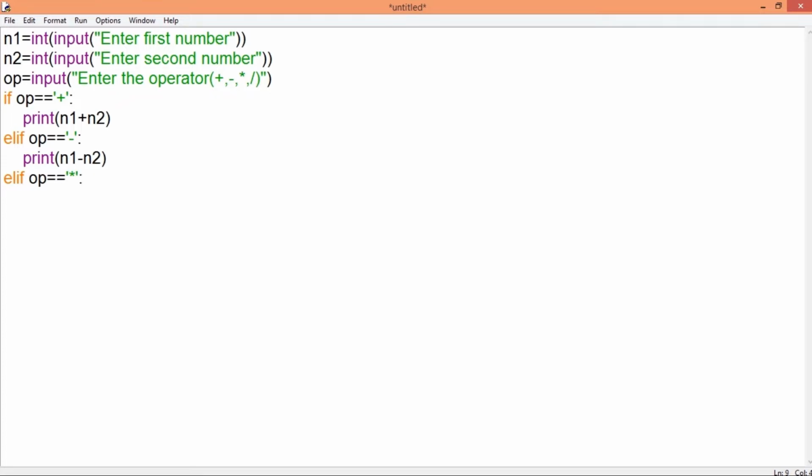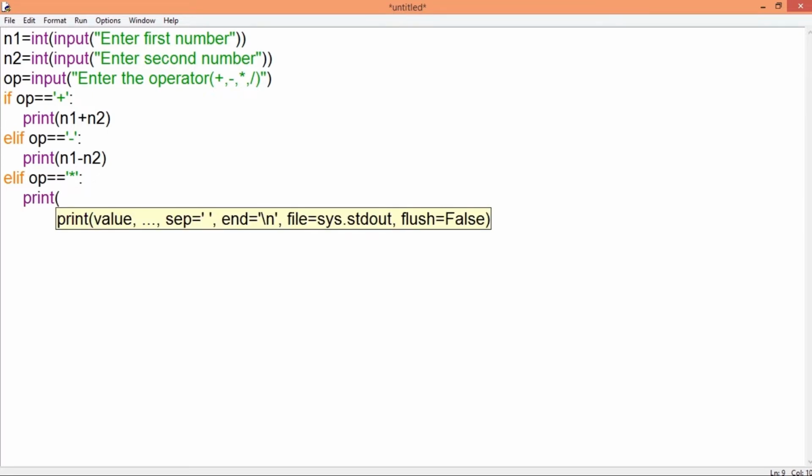You can see that we have various conditions because the choices which are given to the user are more than 2. So there can be any operator given by the user, and we are performing those tasks with the help of elif statement in our program. And for this I'll write n1 into n2.